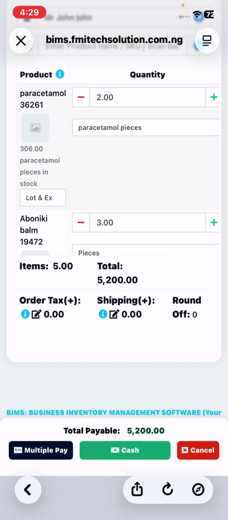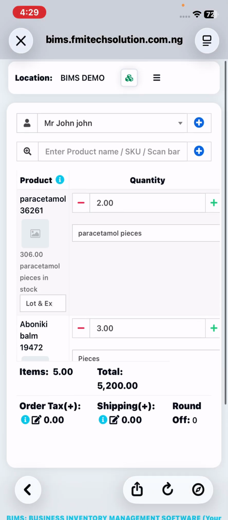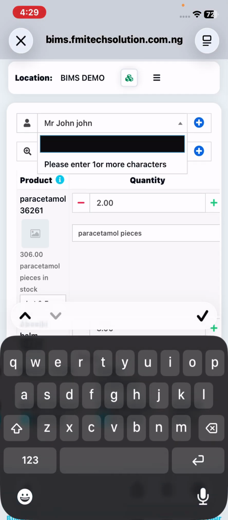If the person is paying by, okay, before I go to that place, in case next time when Mr. John comes, if I don't want to use this blue plus button, I can just search for Mr. John's name, Mr. John. That's next time that Mr. John is called. You can see that it's showing me